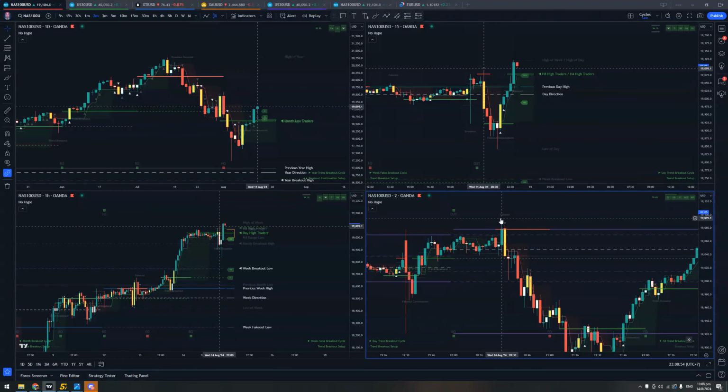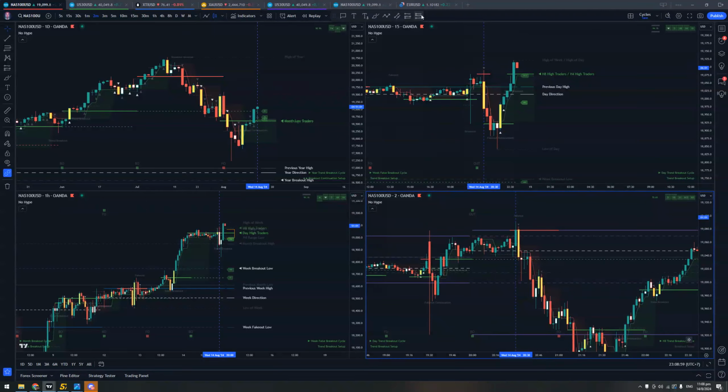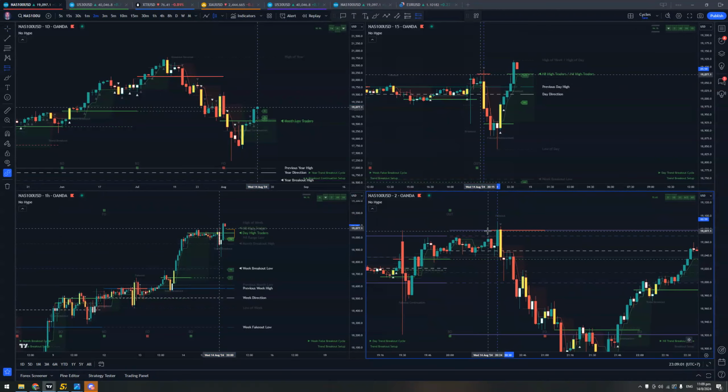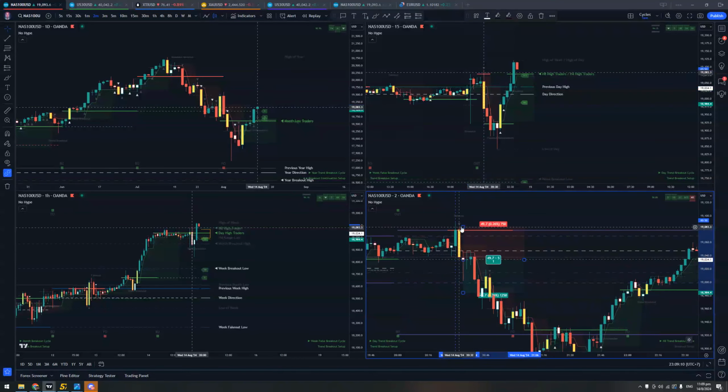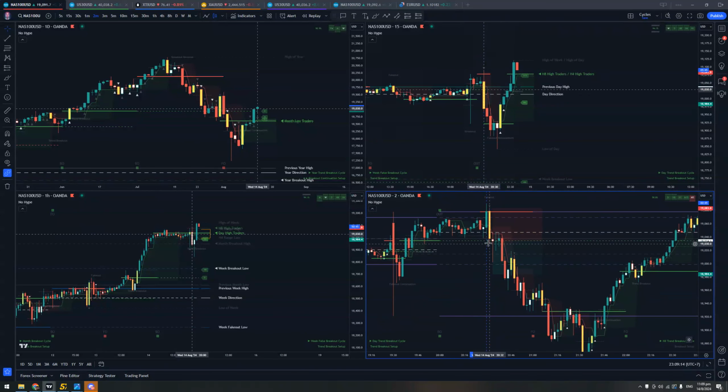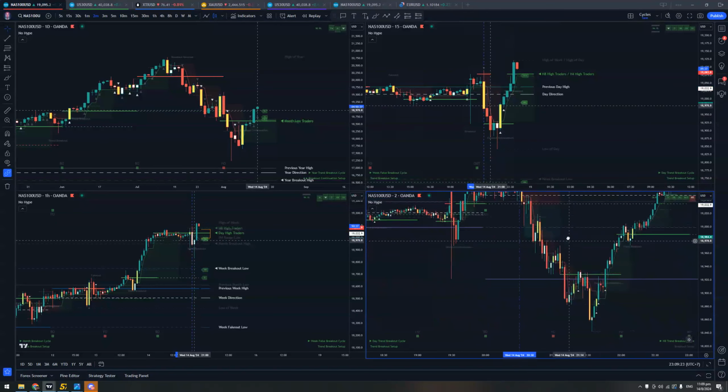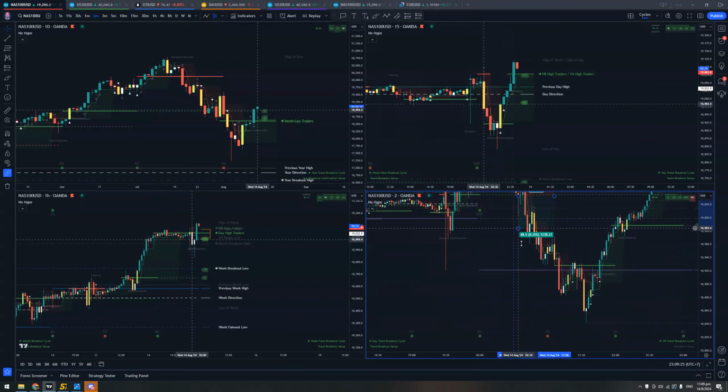So this is 8:30 New York Stock Exchange open. That's when I start looking for trades on the indices. Came up, faked out the H8, previous H8 high, as well as the previous H1 high. And I entered again aggressively as price came back down below the previous day low, previous day high. I entered right below that previous day high line, and I held it all the way down to the